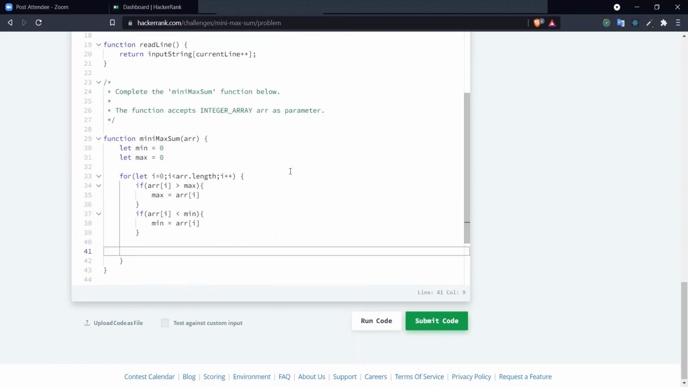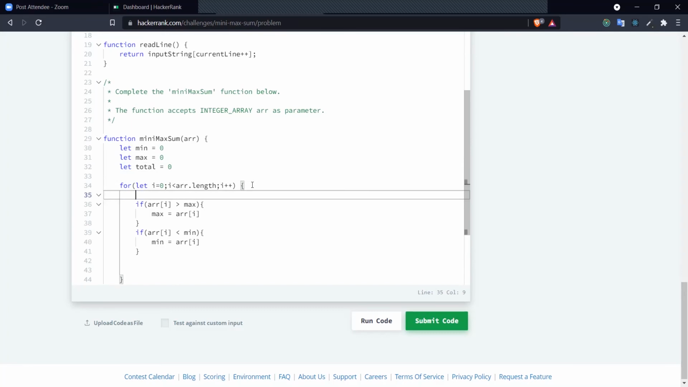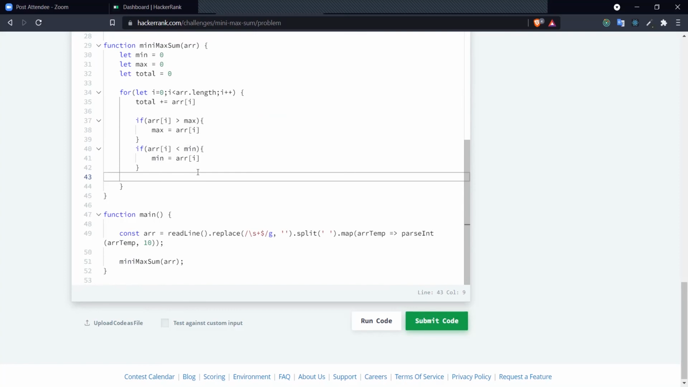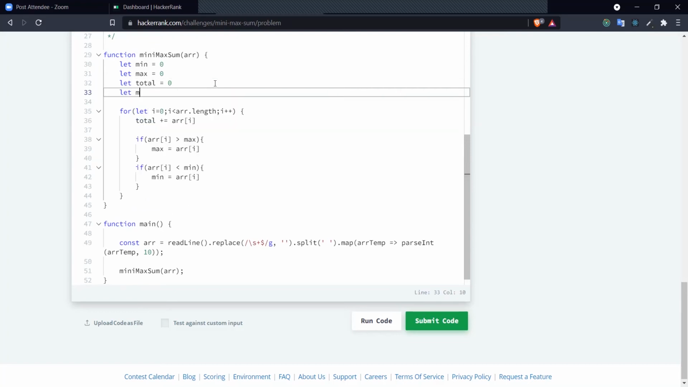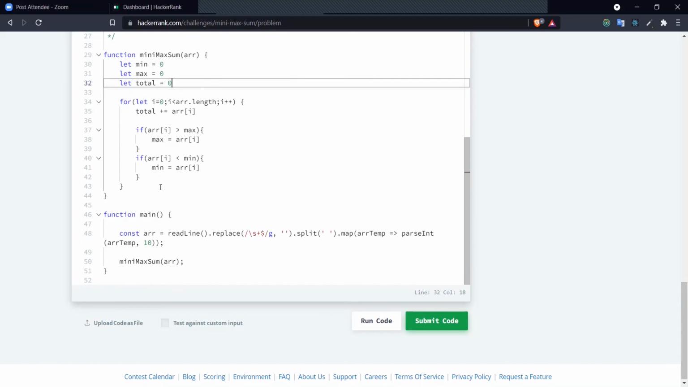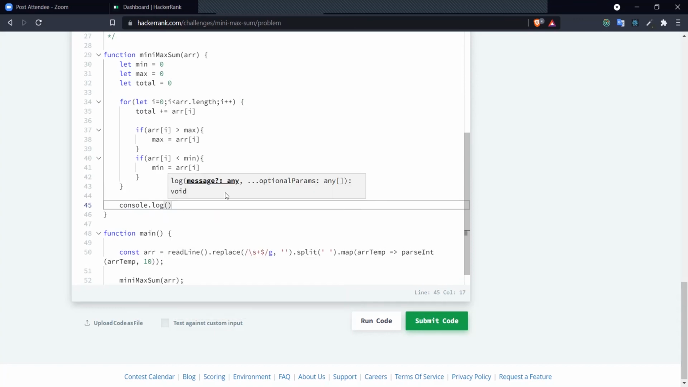Now let's see. Once we got those, we should also get the total value. So let total equal 0, and then total plus equals the current value in the array. It's going to give us the total. And then after we loop through all of that, we have the minimum and maximum values. We'll call this the min answer, but we could just put that at the bottom, I guess. We can console log out the results, and then for the minimum answer, it's going to be